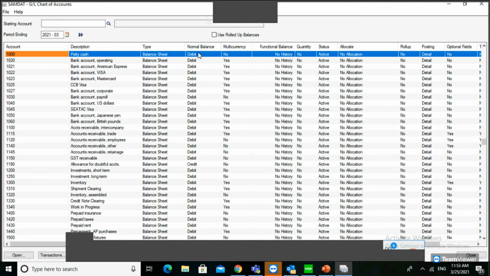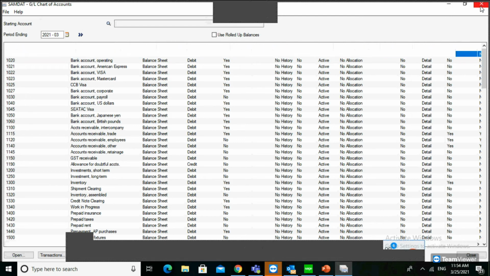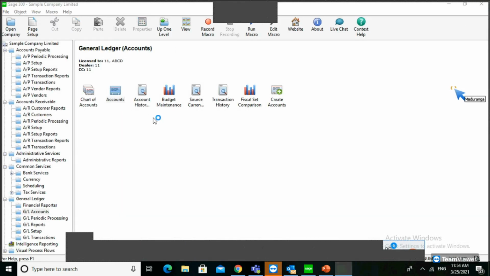This is important when you are defining the chart of accounts, because if you wrongly define the balances here, it gives a minus value when you are running the financial report using the formula in FRAMTA. Also for multi-currency, if the account is using multi-currency, you can see the functional balance, what the balance is in the functional currency, and the quantity if there is any. You can also see whether the account is active, and the other account related information here. Then go to the account.